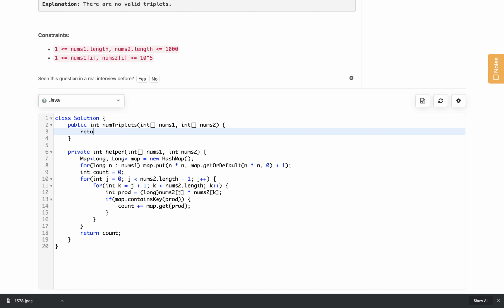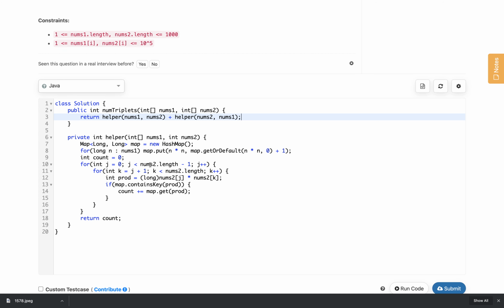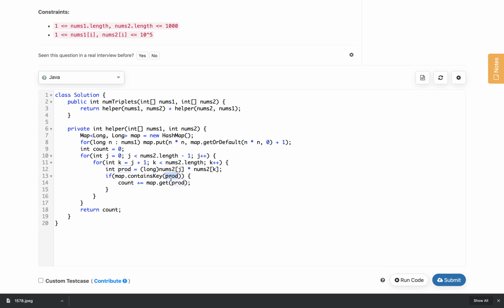Now we need to return from helper: first we will call for nums1, nums2, and similarly we will call the helper method by swapping nums2 and nums1, so that the repeated code will not be needed.